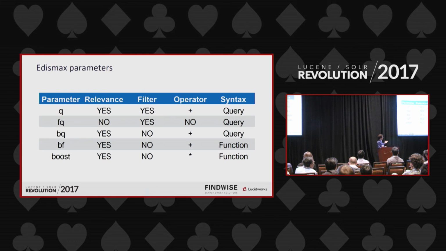And I'd really like to show this magic table because it points out all the specific differences between all the parameters that can affect the relevance. Usually, we're going to have our query that both controls how many matches we are getting and affects the score. Then we're going to have our filter query that is going to decrease the amount of results, but it's not going to touch the score.